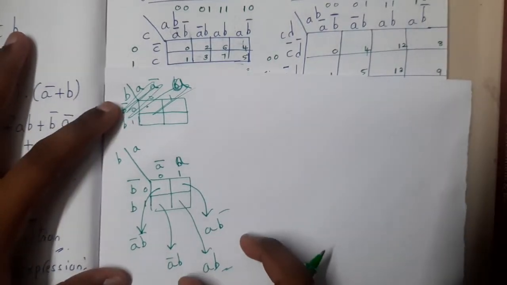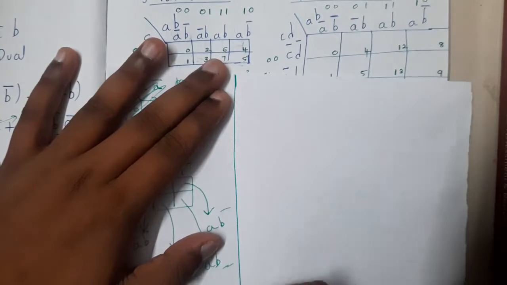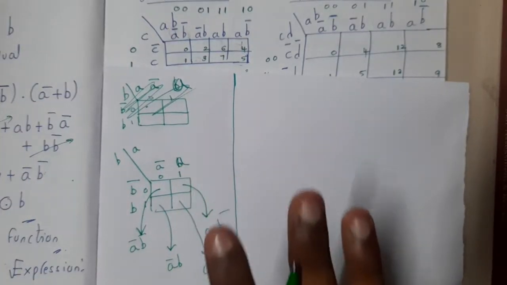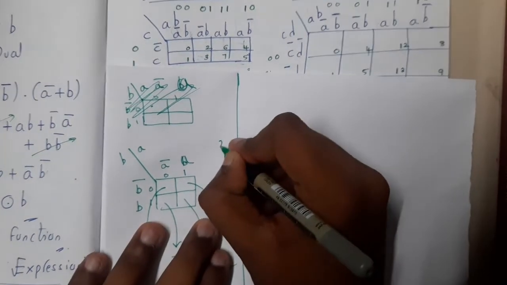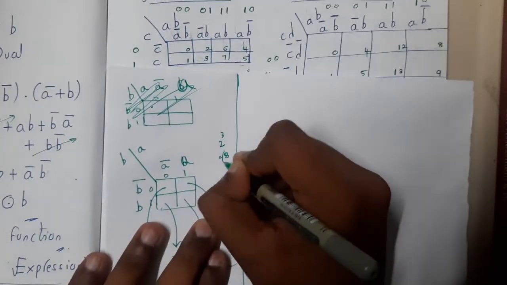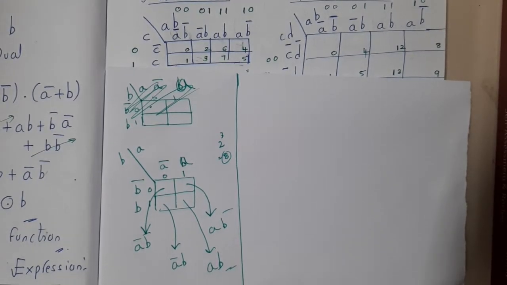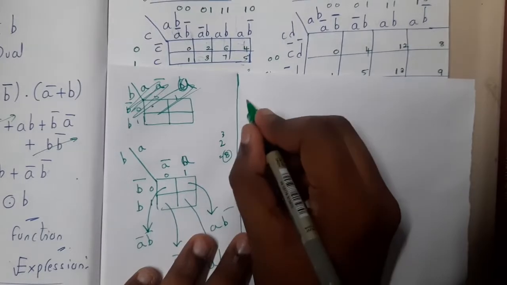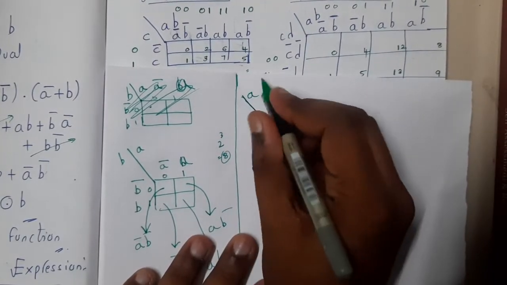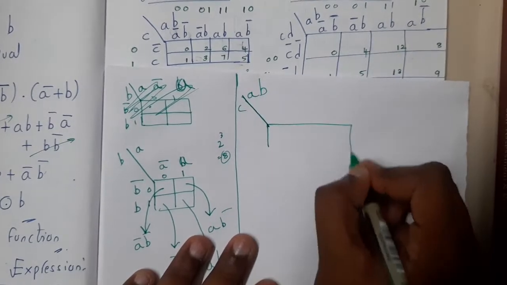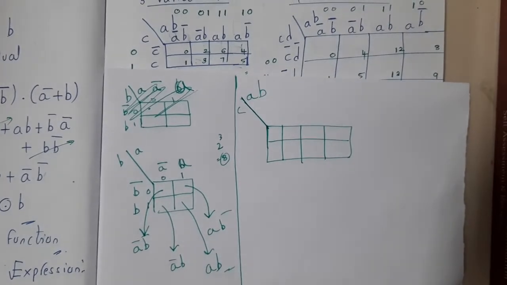Okay, so now you are clear with this 2 variable, right? 0, 1, 0, 1. Got it? Okay, so now let us move to 3 variable. Once you recall, how many slots will it have, guys? It is going to have 2 power 3, that is 8 slots. Can you draw a square for 8 cells? The answer is no, right? That is the reason why we will draw in this way. I am drawing this a bit big to reduce confusion, guys. So we'll be drawing in this pattern, 1, 2 and 3. In this way you will draw.